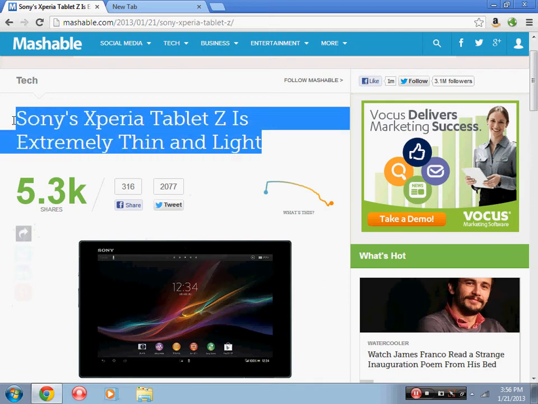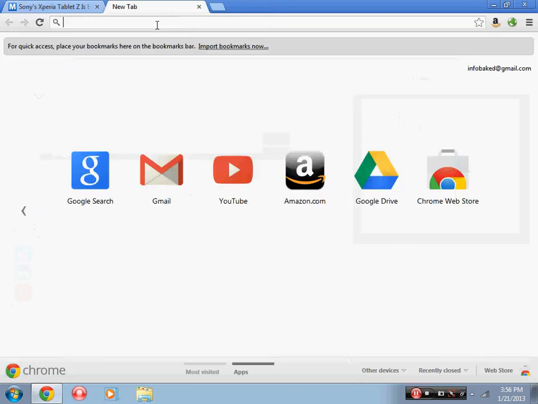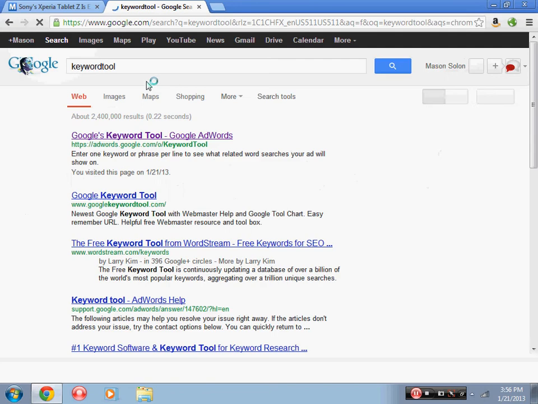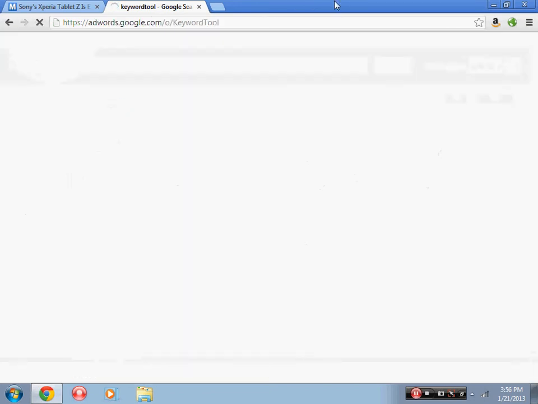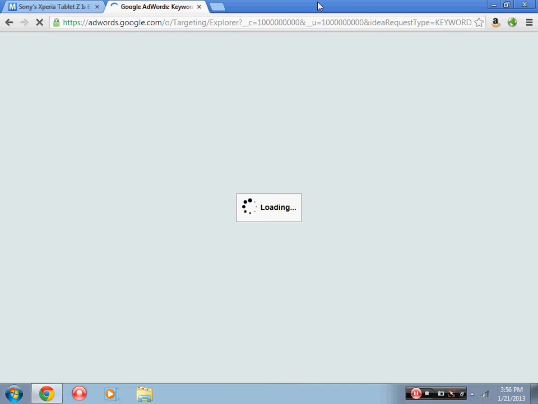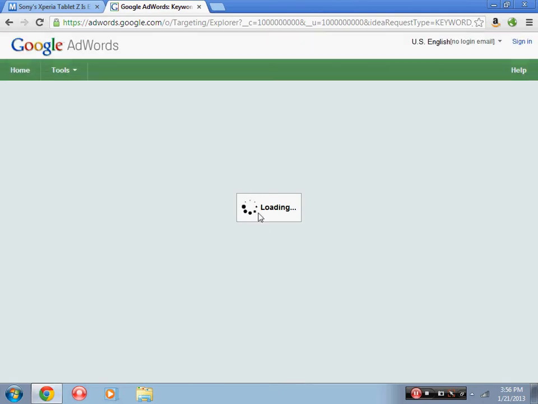I'm just going to copy our title and then come over here and put it into the Google keyword tool, and it'll be the first one right here. It's by AdWords from google.com, and then it'll open up to Google AdWords keywords, and you don't need an account for this. As you can see here, I'm not even logged into mine,